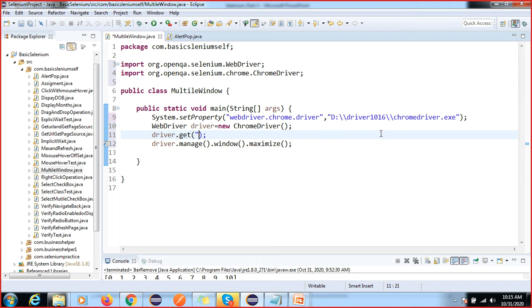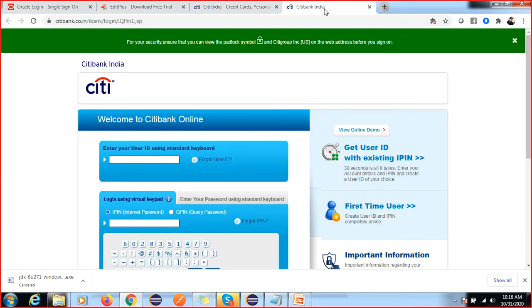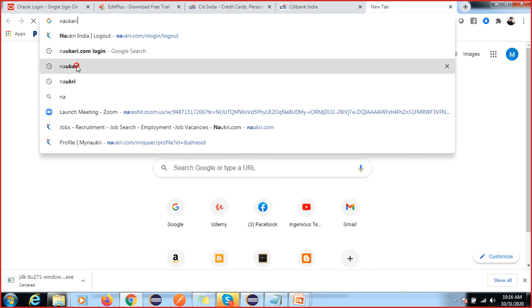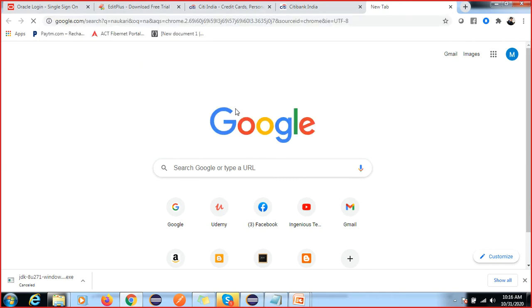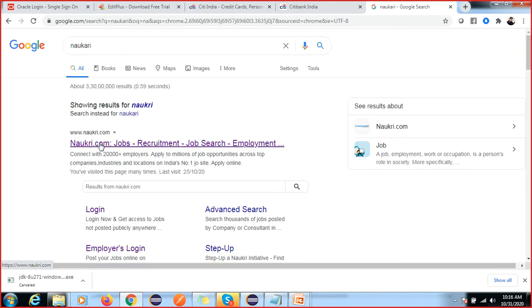So here I will take naukri.com. I will give you this example in the second one, Citibank. So first we will understand the concept step by step, then we can add more validation. It will be very easy.